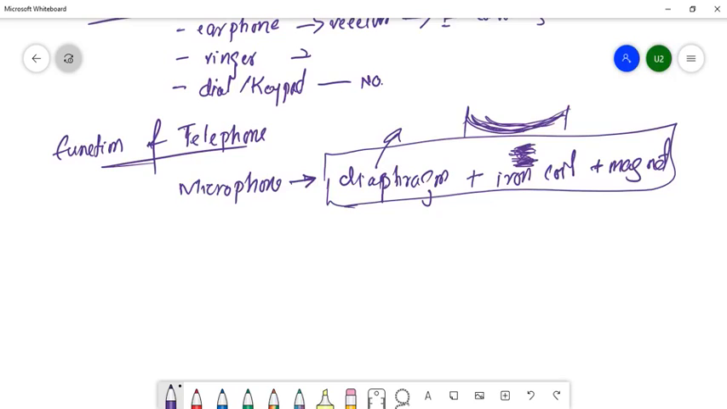The coil corresponds to the sound of your voice. So it means that